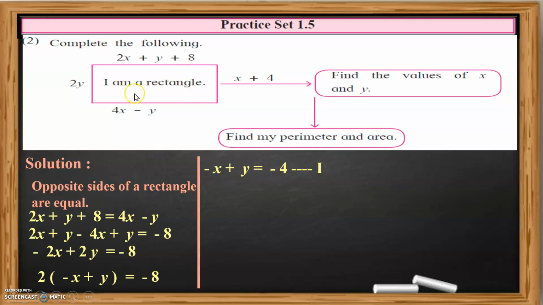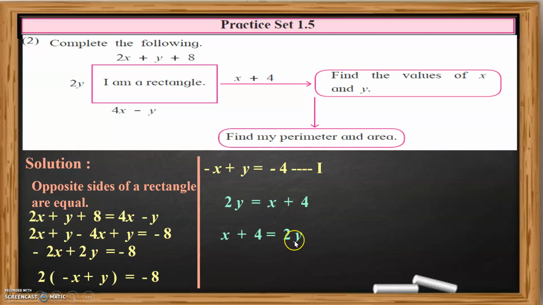Now here earlier we took the lengths, now we will take the breadths. Breadths are also equal, so we will get 2y will be equal to x plus 4. This 4 is written over here, it should actually be written vertically. It is x plus 4. So let's write it: 2y is equal to x plus 4. Now for convenience sake, I will write it as x plus 4 is equal to 2y.